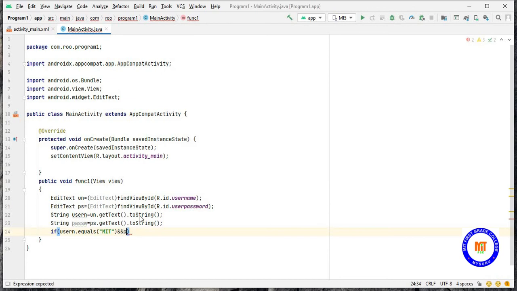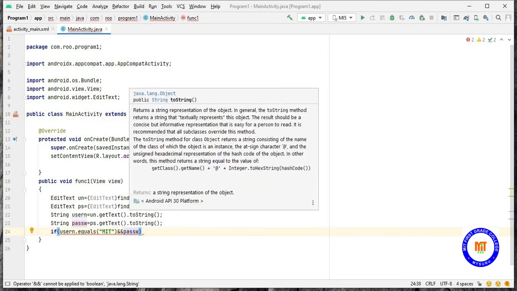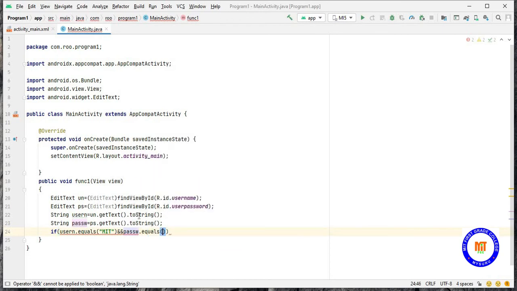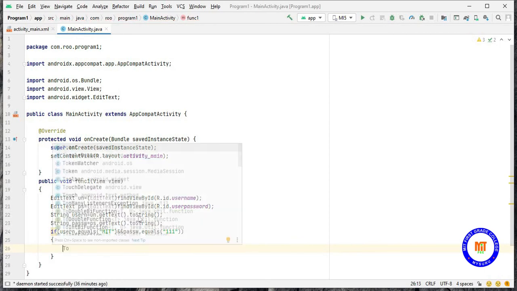So for that password equals, let the password be 111. Then if both of these are correct, I have to display that the username and the password are correct.